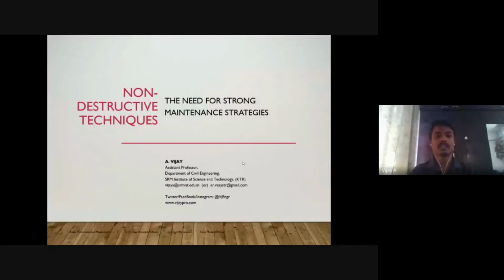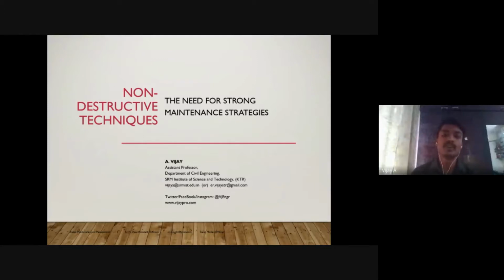So as I said, whatever topics you are going to learn, it may be assessment, bridge maintenance introduction, or the reliability methods that we will be using for bridge maintenance, assessment and evaluation purposes. Whatever things we learn, we need to get exposed to more of the experimental part. You should be strong in practical as well, and that is where you can develop the common sense in assessing situations in case of any failure or maintenance requirements.